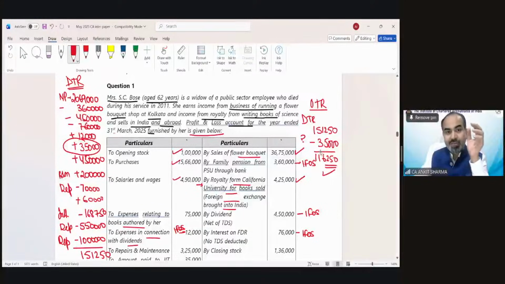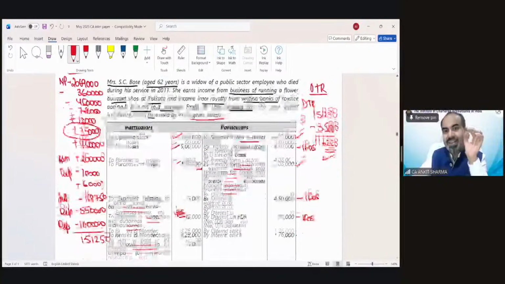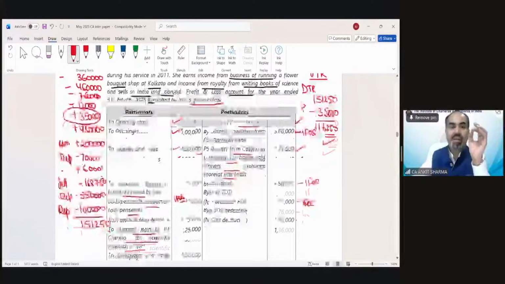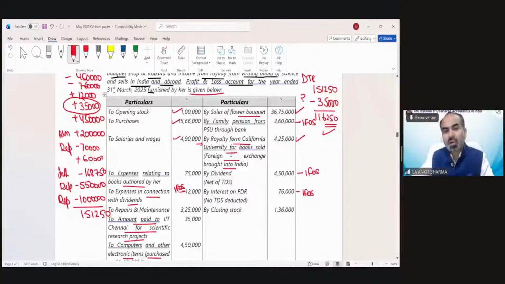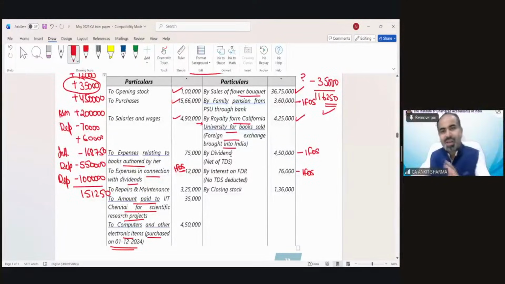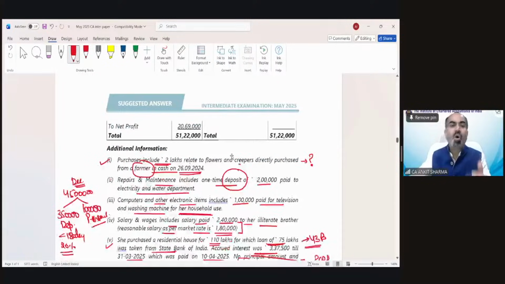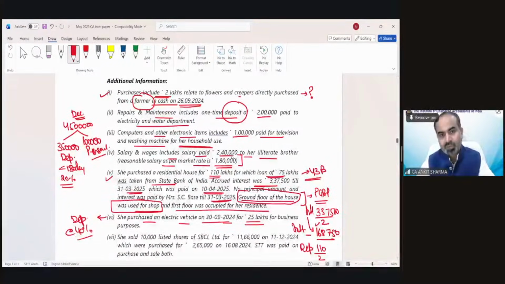Understood? So that was a May 2025 question, what we have just solved. And you should understand that if you take the provisions one by one, and recall the concept and apply it perfectly, then it would not be difficult to solve this question. So in my opinion, in this solution, credit side and debit side solution is very, very easy. The whole problem, or there could be any problem, would be on the basis of additional information.